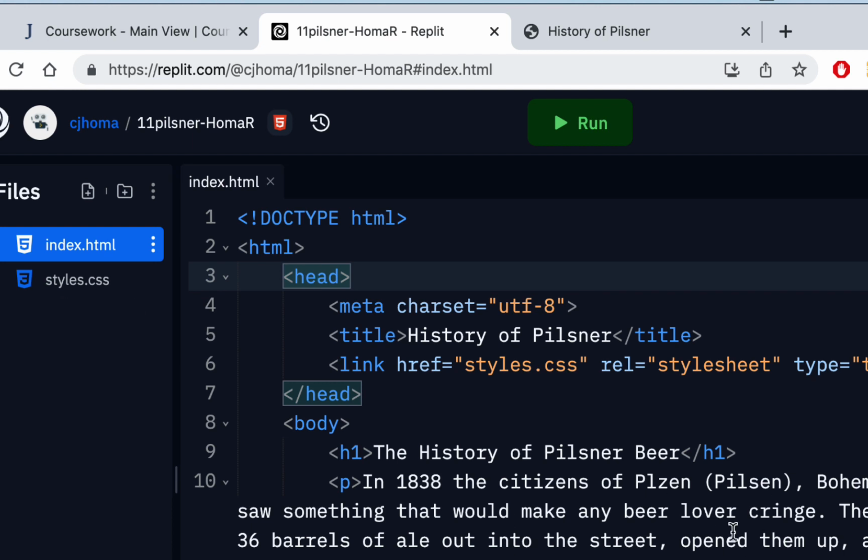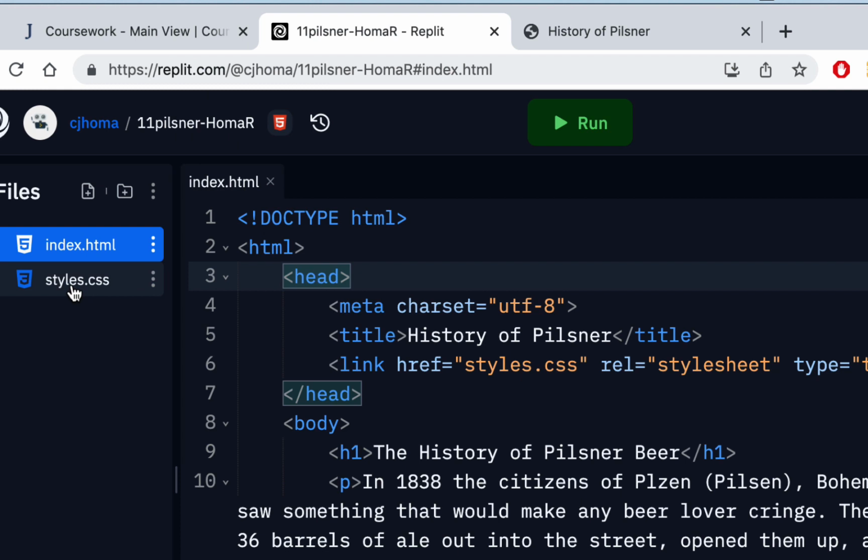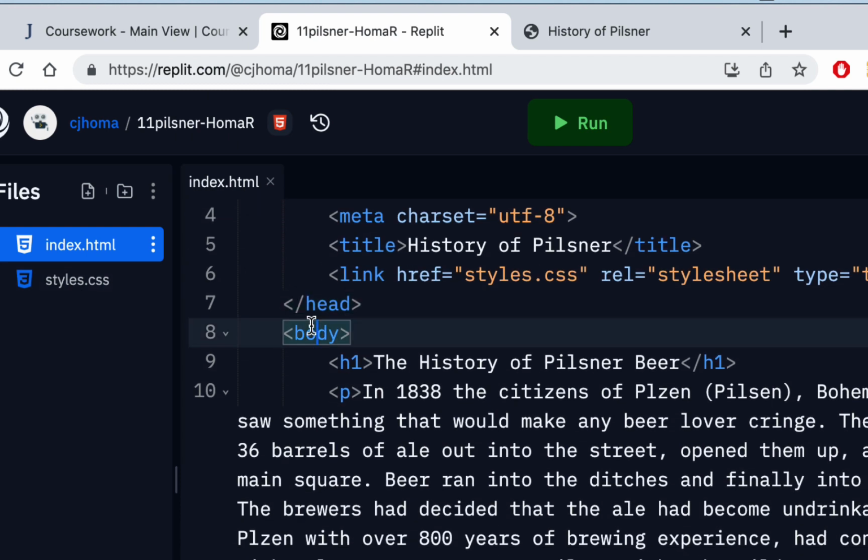Instead of trying to do it within here, we're going to do it in a separate file. We're going to target H1, put it in a style, target P, and use some formatting for that. So that's what we're going to do. This just links up to that file, so they're connected. And then we have our body, which is our main visual part of our HTML page. And then inside of there, children or descendants of body, we have an H1, which is a headline, which is